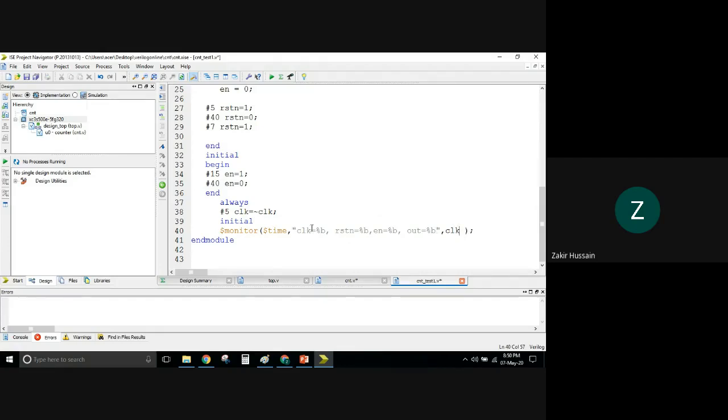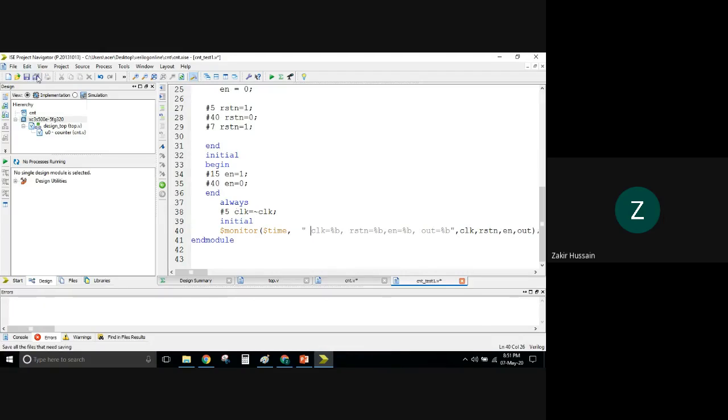Inside the quotes you can put anything, but the order in which you want to display them is dictated by these identifiers: CLK, comma, reset n, comma, enable, comma, and your out. So you are ready to go now. This $monitor will display it here. So let us put this one here.